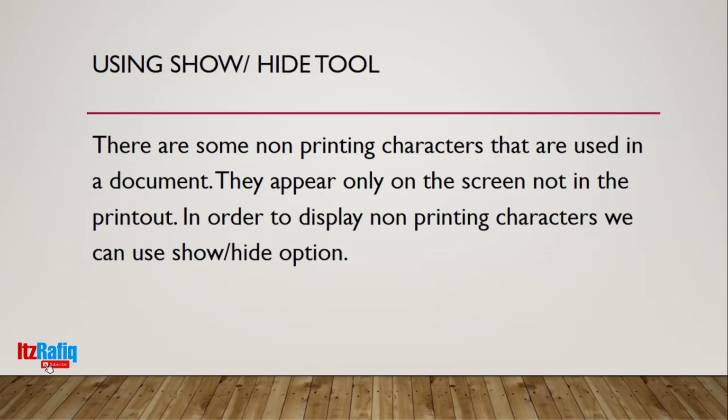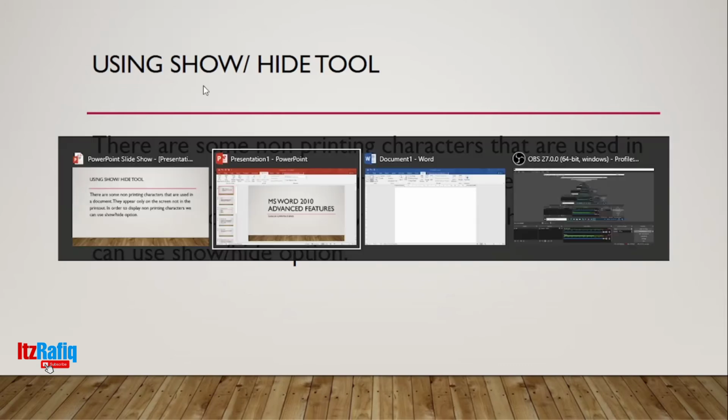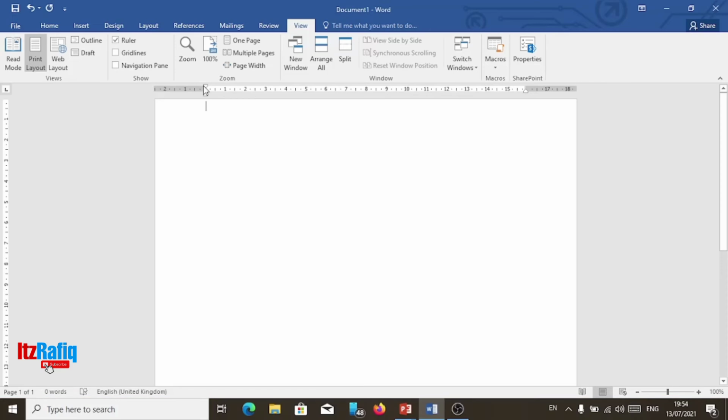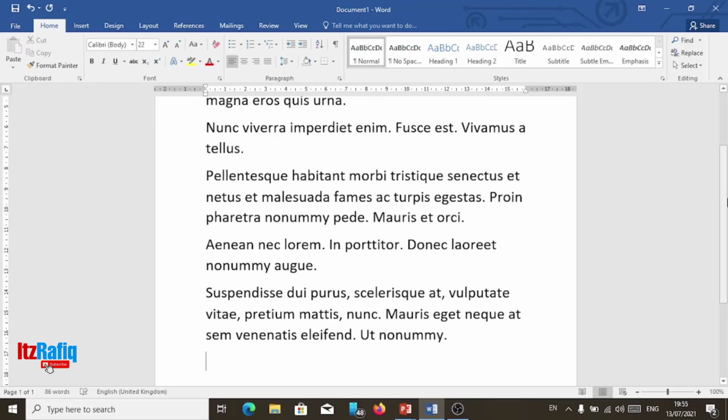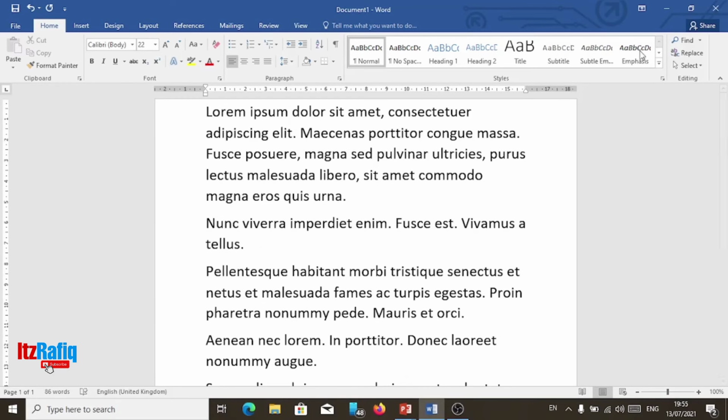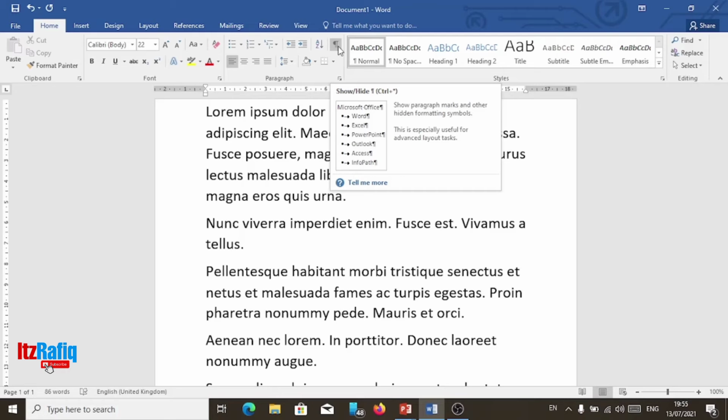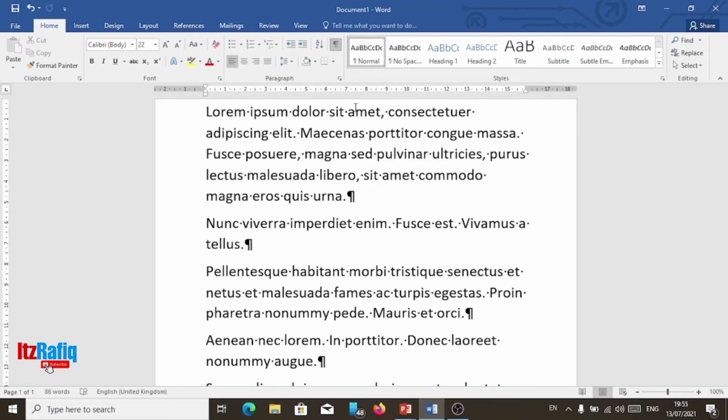So let's have an example. Suppose we have this information. First let's write something. Now I want to display the tab stop here. For that, you will go to the Home tab and you will have this option, show and hide. Just click here and you will see a symbol.